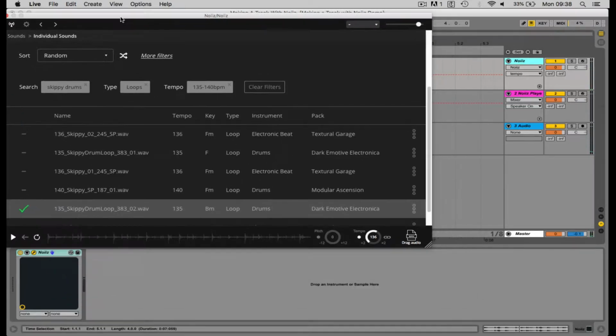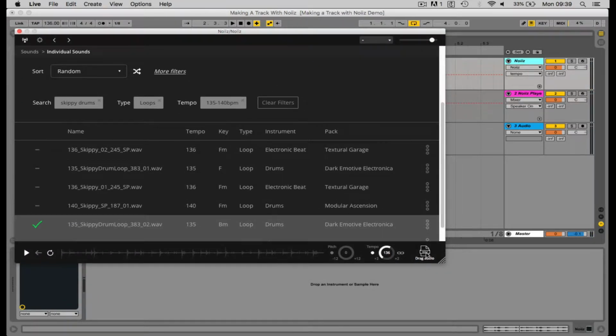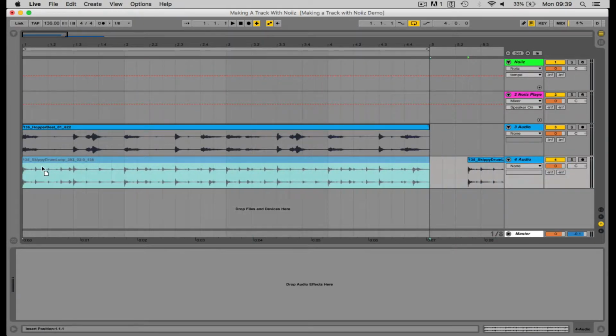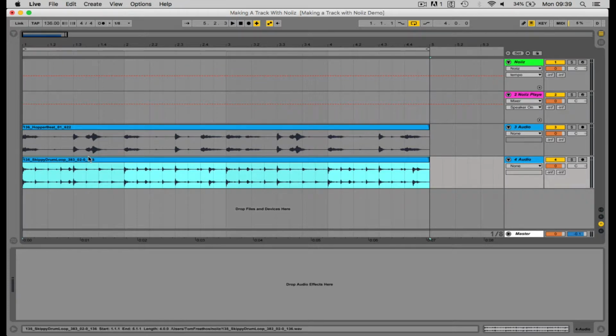Okay, so again, I'm going to just drag the audio into an empty space in Ableton. Ableton's going to create a new channel for me straight away, and I'll just pop that in there. Let's have a listen to those together. Okay, great. Once you've got your groove into your project, you can do a bit of personalization, add some variation,